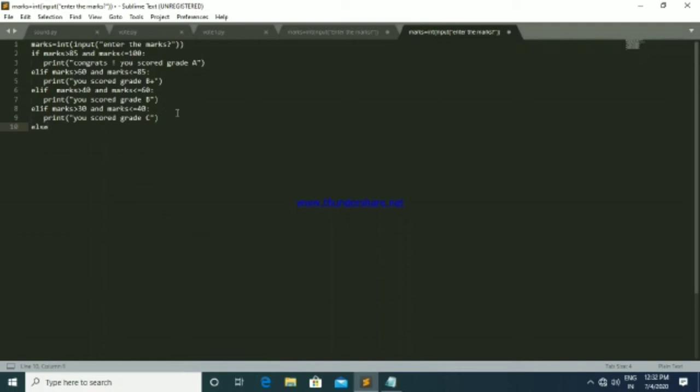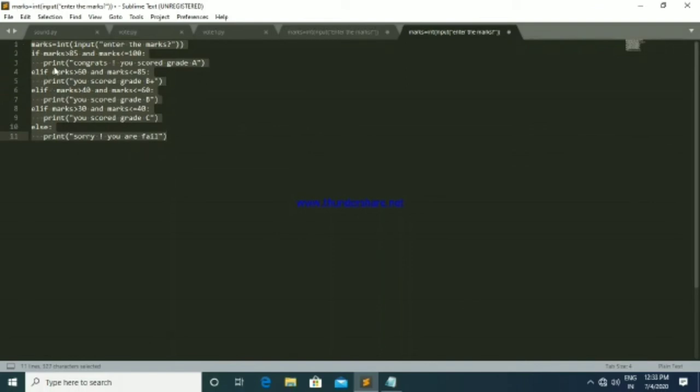Finally, the else condition. That means if the student is not getting marks within the lower limit to upper limit, from 30 to 100, if the student gets a mark below 30, I have to print sorry, you are fail.